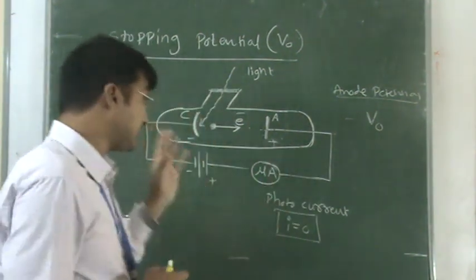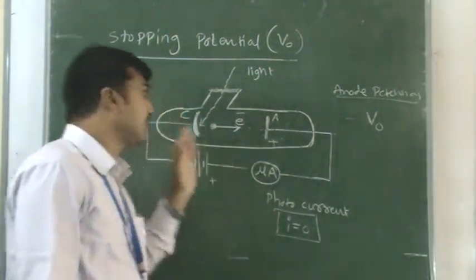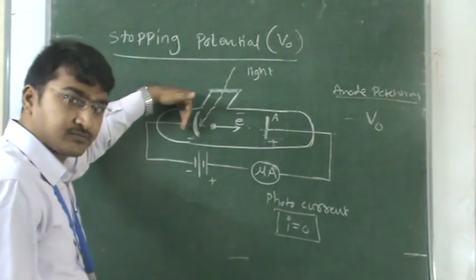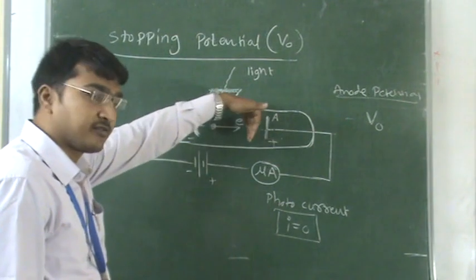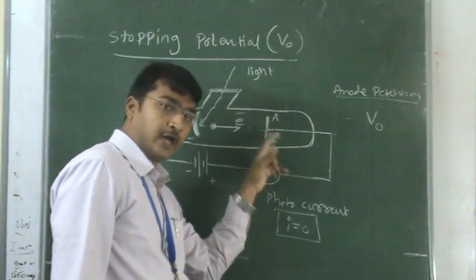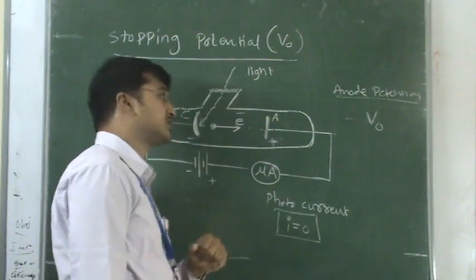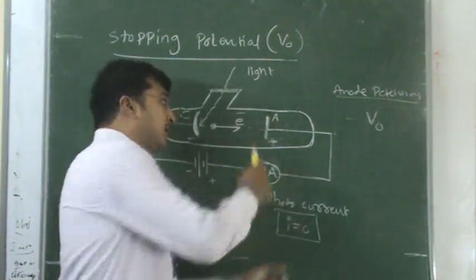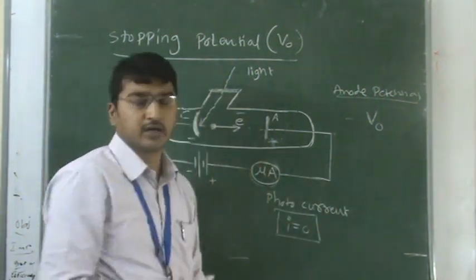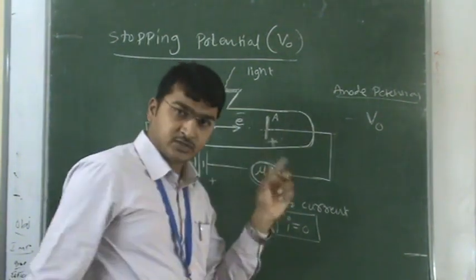So this is clear. Once again, when light is incident on the cathode plate, electrons are ejected from the cathode plate, which we know as the photoelectric effect. These electrons move towards the anode, which is positively charged, or connected to a positive potential. When the electrons reach the anode, the circuit closes. We can easily measure the photocurrent using a microammeter. Initially the anode has a positive potential.